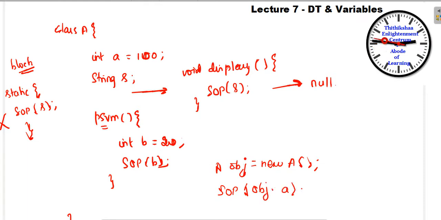Now you can print this value. Similarly in the static block also. These differences you must know. What is the difference between the instance, static and local variable, and how each can be accessed, you should know.